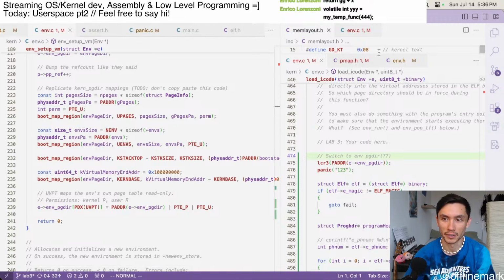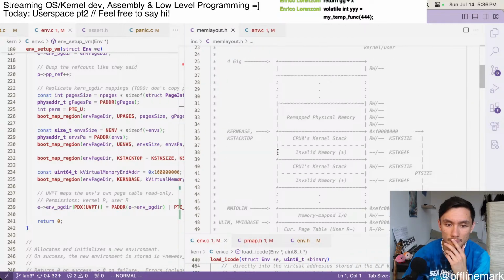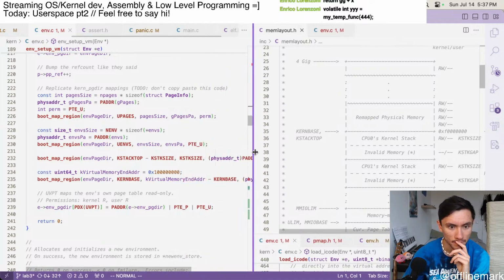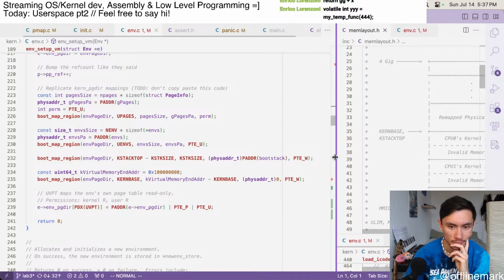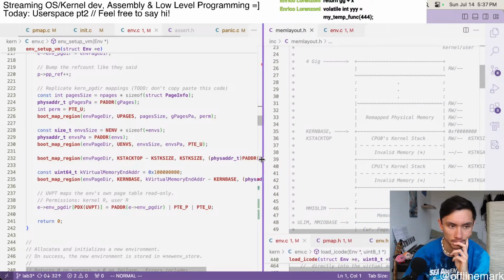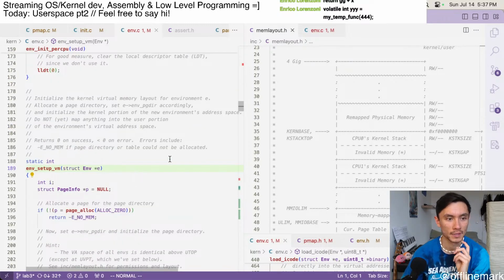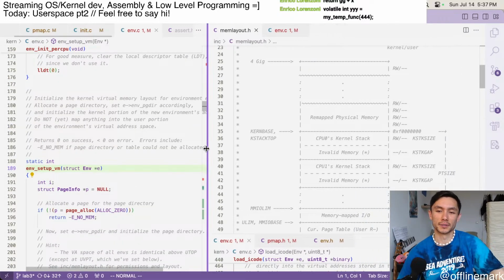Let's consult the memory layout. Okay, no, this is,